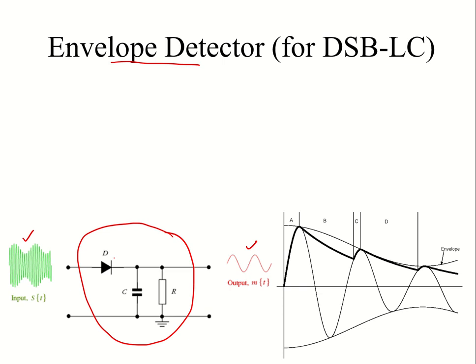The beauty of the full AM modulated signal is that its demodulation is very easy. By just using this simple circuit, from this input AM modulated signal, you can get only your message signal, which is basically the envelope here. So this circuit will detect this envelope, and once it detects it, it will extract this envelope signal. That's why this is called an envelope detector. Now let's see how this circuit is actually performing.